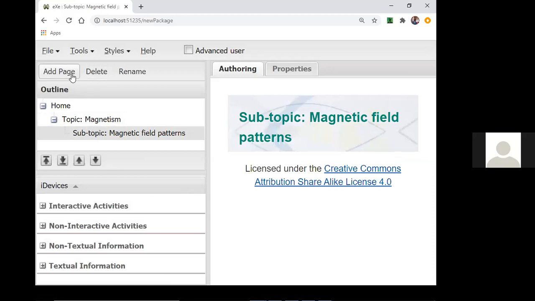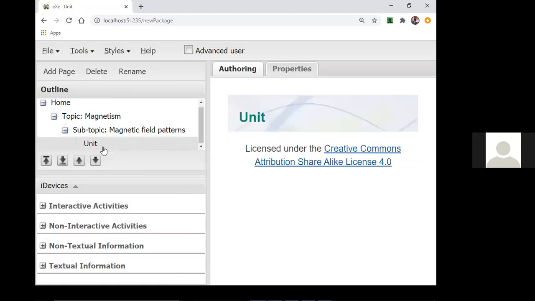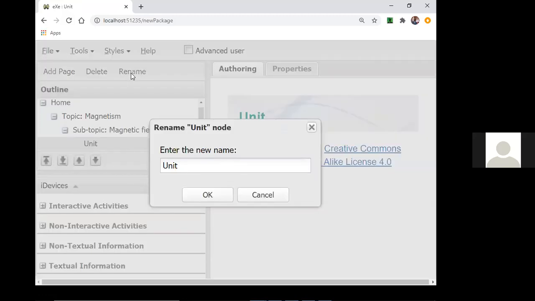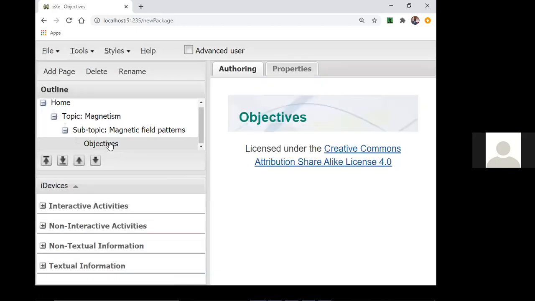If I add another page, I want, let's say, to look at the unit, or maybe lesson objectives, so I will rename that to objectives. Under that you'll have to add, for example, textual information.